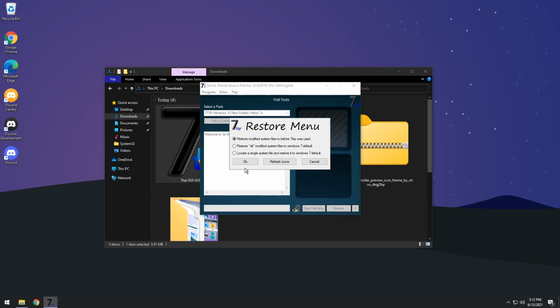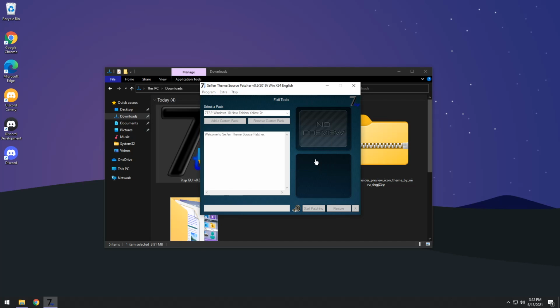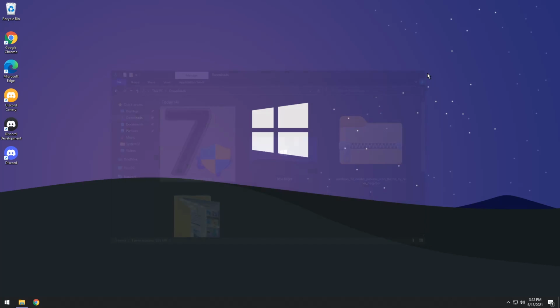But let's say something went wrong. Let's say 7TSP crashed, it's not working, and you're scared and you're nervous. That is completely fine because we have our secret weapon, the worst case scenario. So once again, before you use the worst case scenario, just try clicking Restore, then press OK after you select this option. It'll go through and fix all the files, but if it doesn't, pull out the secret weapon,